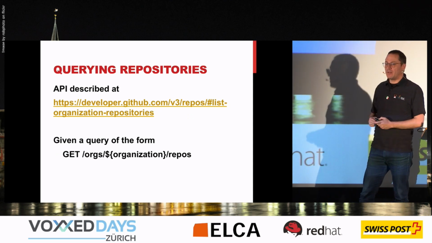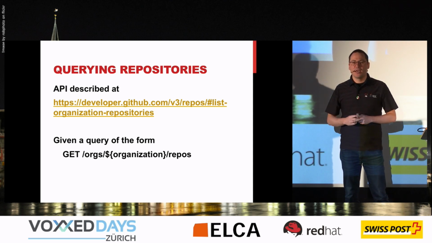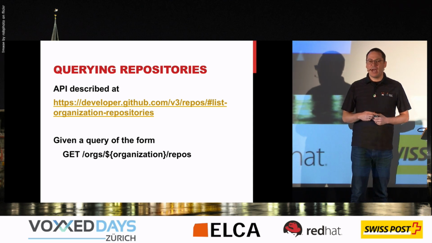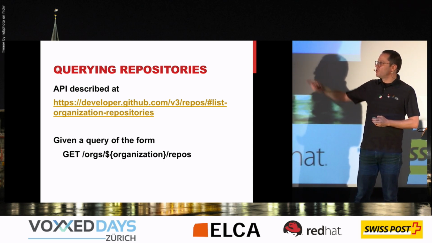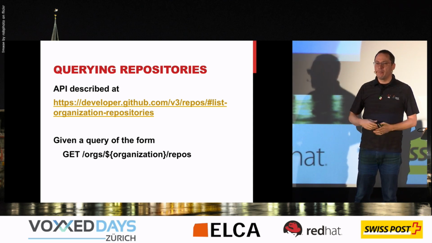If you go to that URL, you see the description of what is the payload that you need to send to that API, and what kind of payloads you get as a result. Based on that, we're going to consume that information. So if we issue a GET call to that URL, which is parameterized, we can get a JSON payload with